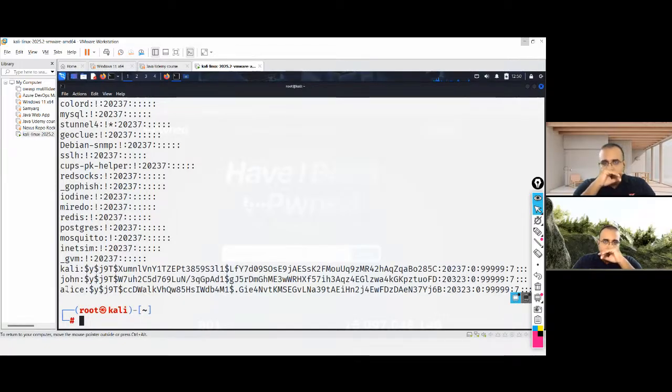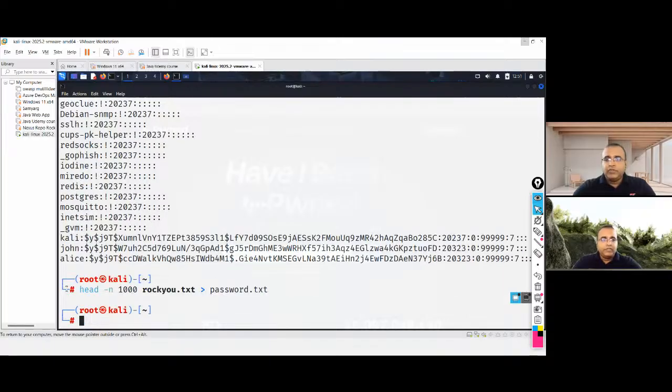Now let's try to break what the possible passwords could be using our rockyou.txt file. I'm going to take the first 1,000 lines only, because if I go through all 14 million lines, this is not going to work out in this short time. I'm going to create a password.txt file containing the most commonly used passwords. For this to work, the list should contain the password. It cannot predict otherwise; you would need an algorithm to predict that part. But here we are not going to. This is a very simple concept.